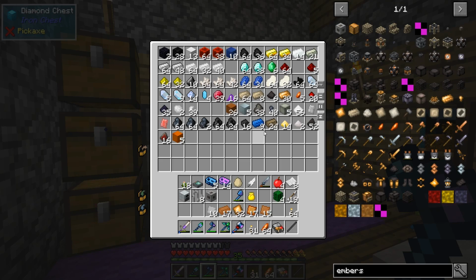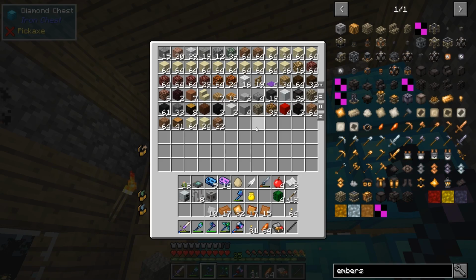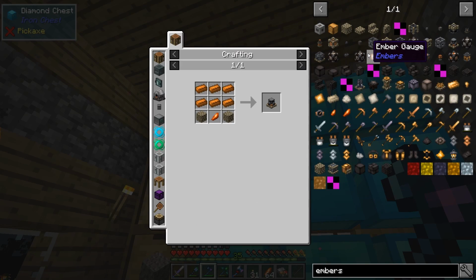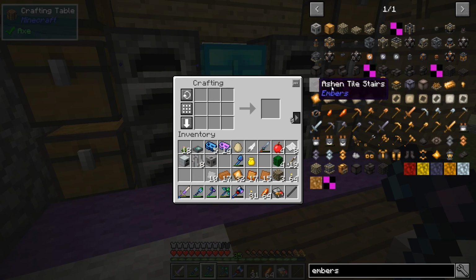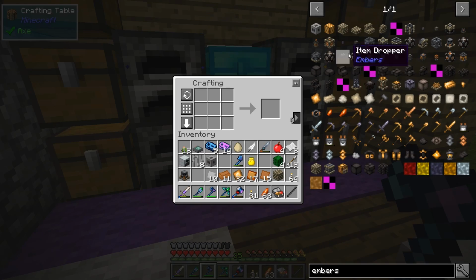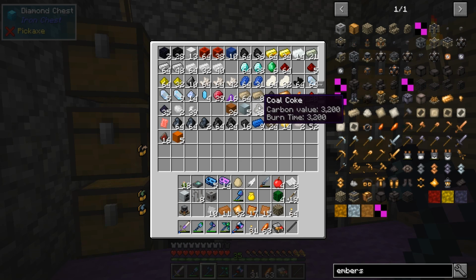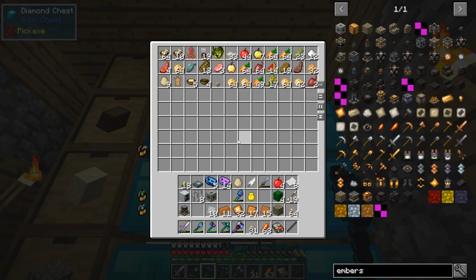So, okay. I need some coppers that I have. I need some of those, and I believe I need more than that. No, I don't. What am I talking about? Alright, there we go. We've got an Ember activator. We'll need some Ember receiver and Ember... And I need some Calmanite plate, which I don't have, but I do have...